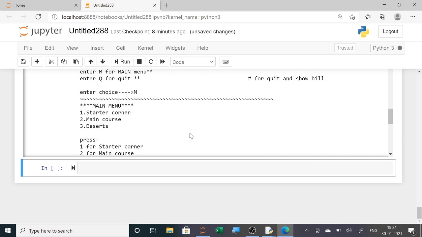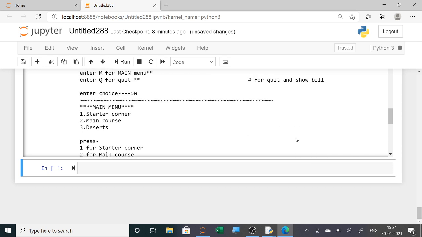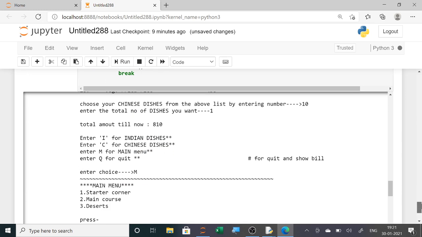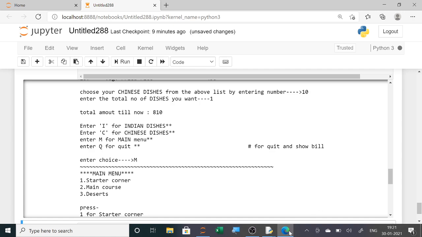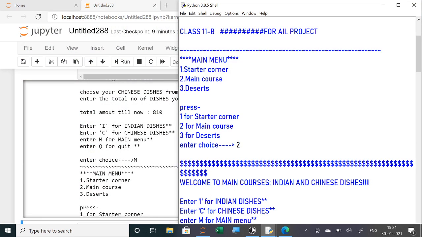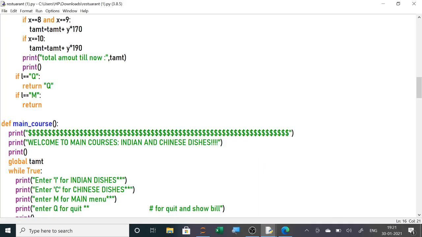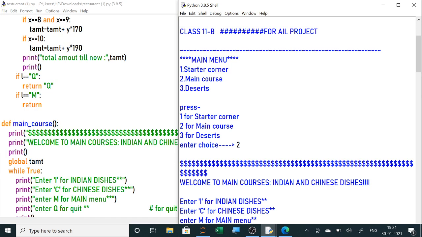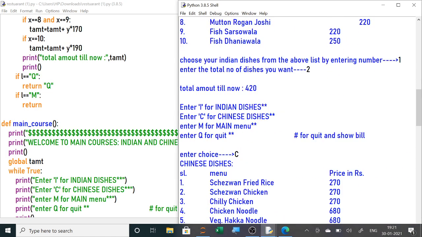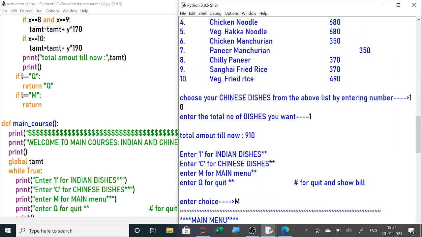You can scroll and check here how it is functioning. Clear? So in the same way in IDLE also you have seen. In IDLE this was your program and this is your output. So when you were selecting, it was showing the menu and then it was adding all the dishes.